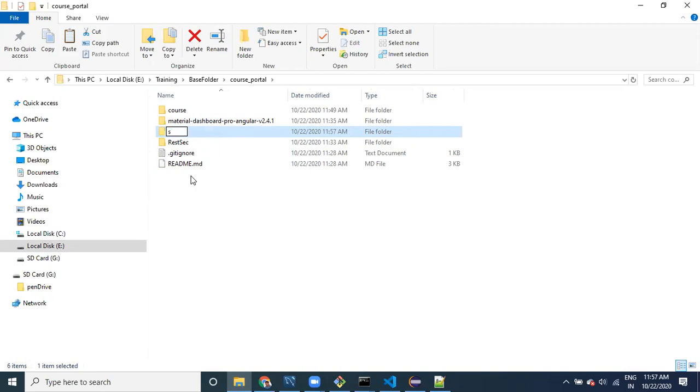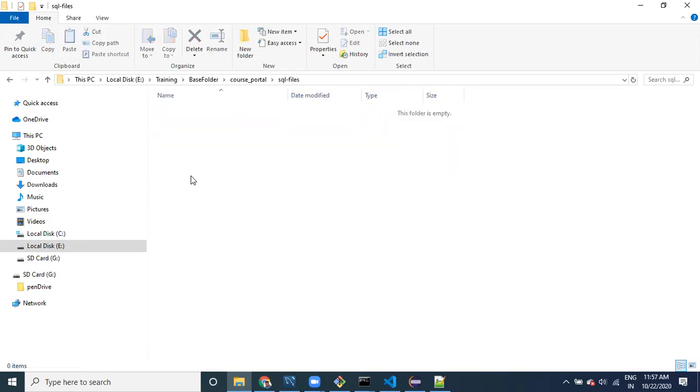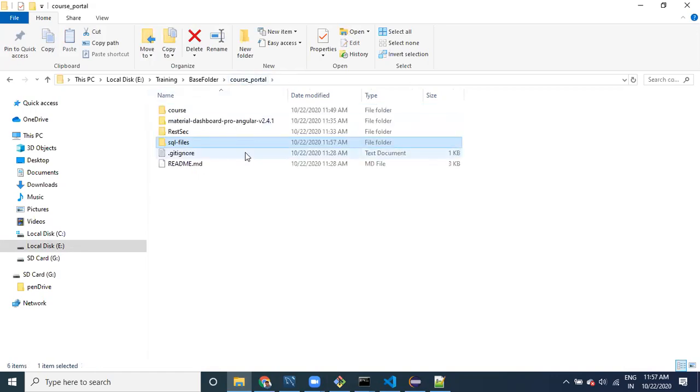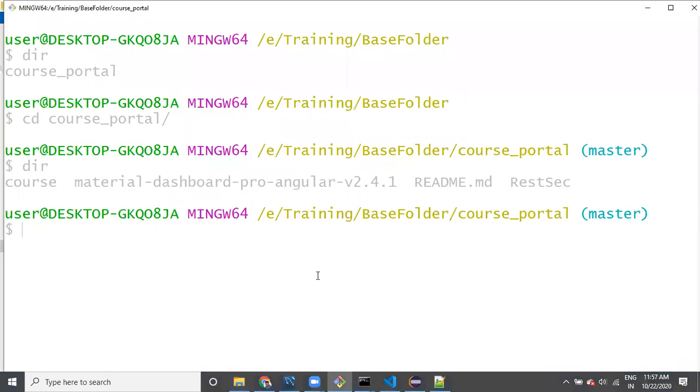So I can name it SQL file. You can go there and you can copy paste this file. So now this is available in the local. Now how can you send this file? You are the developer, you have created that file. This example I'm telling, now this is not coding, this is related to SQL, right?